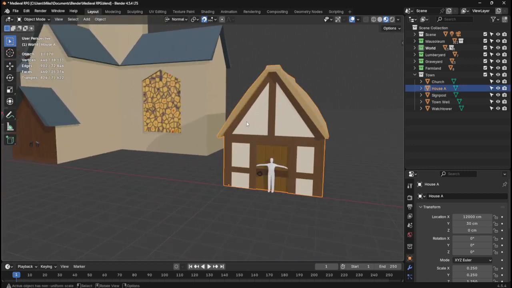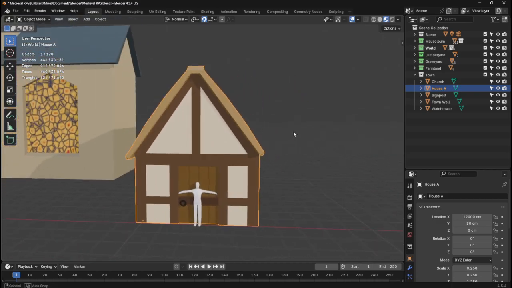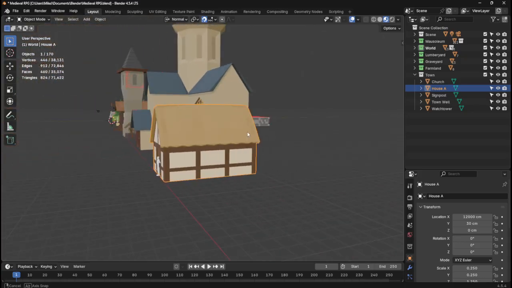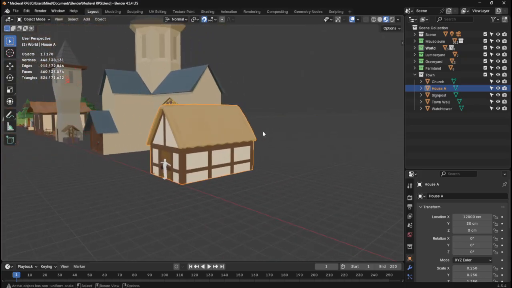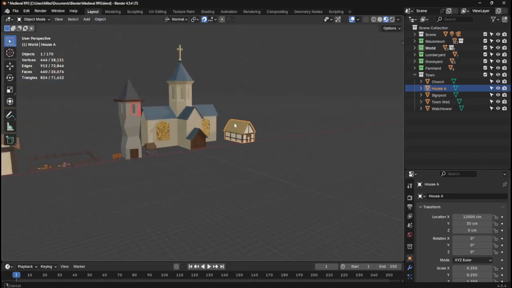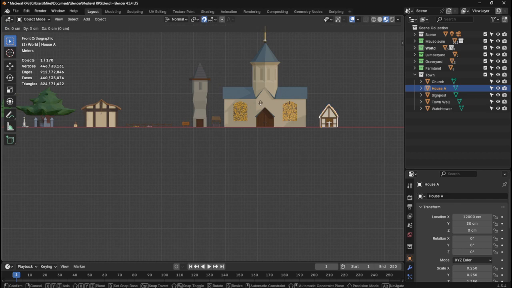I'm gonna call the stream there, guys, because I didn't know how long a single house would take me, but it's taken 2 hours basically, or just under 2 hours. Call it 1 hour 50. So that is the first medieval or feudal building for the town, and if I just bring it along for scale purposes,